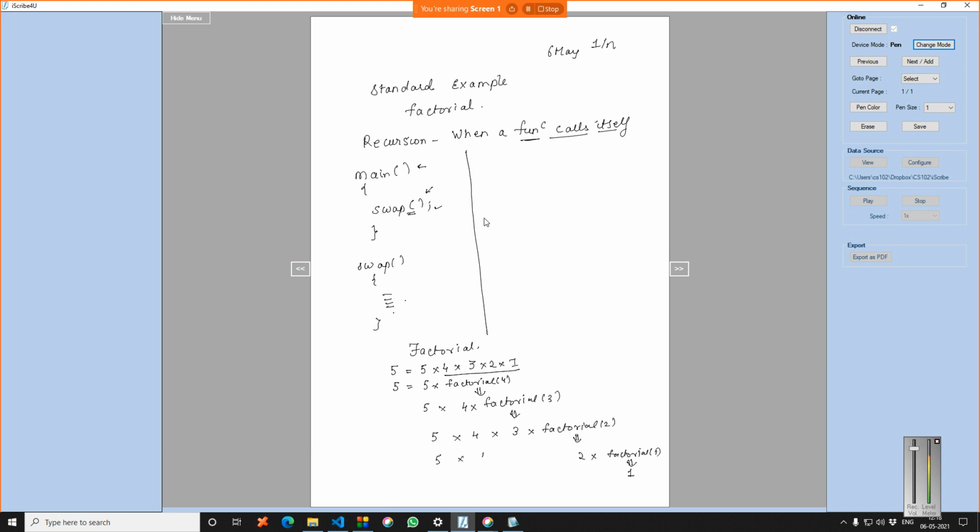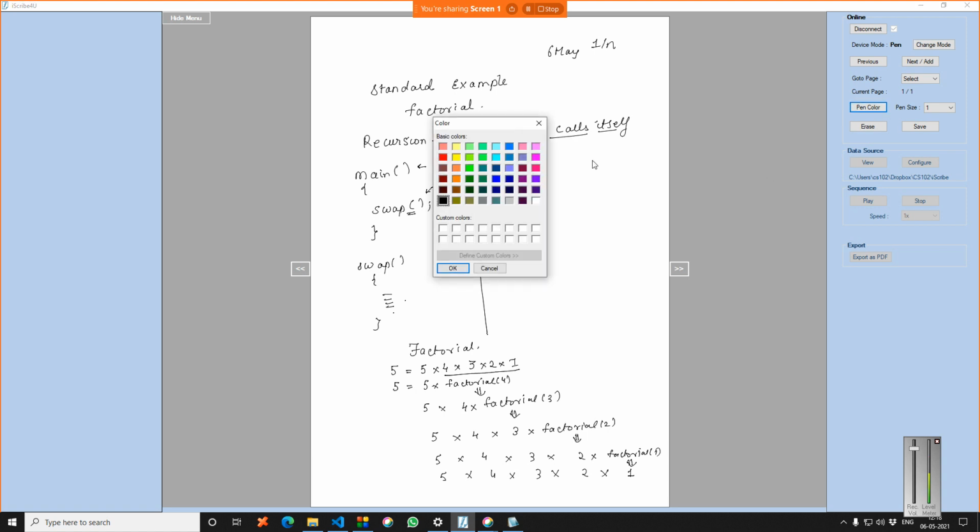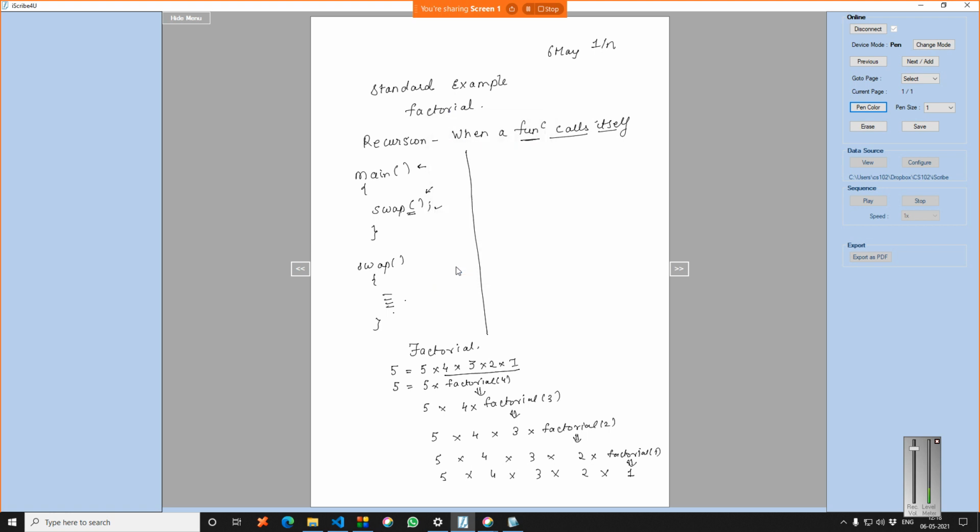Now if you expand this series, you can see this goes up till the last, 5 into 4 into 3 into. Now let me take a pen color. You can see factorial is a function, right? Why is it a function? Because it has round parentheses. So this function factorial of 4 is calling another function, which is factorial of 3.